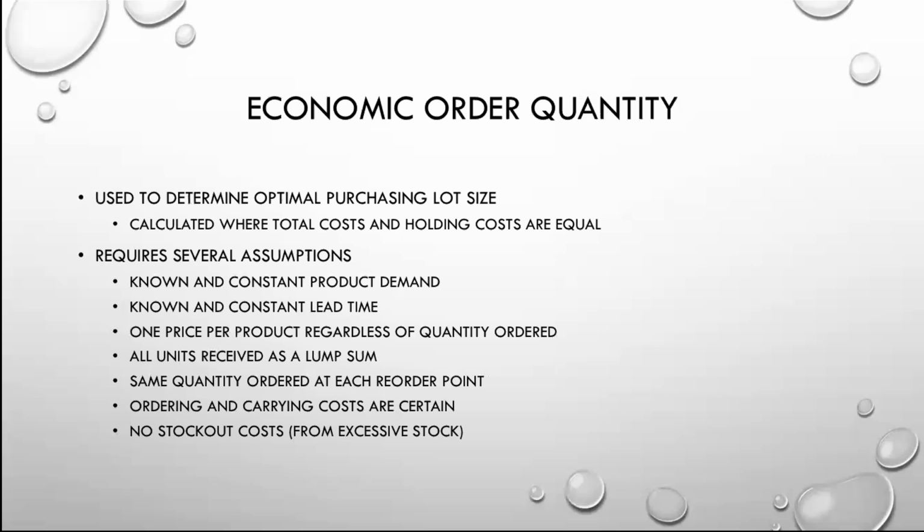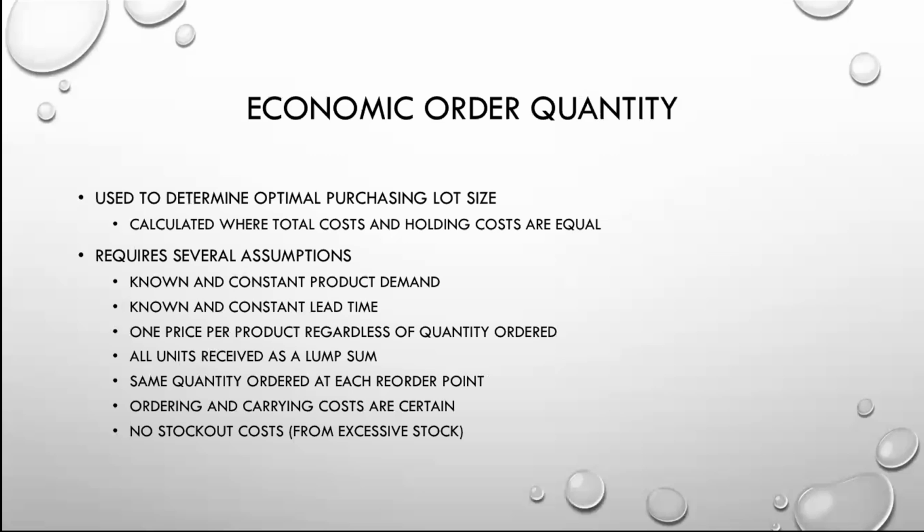So there's one price per product regardless of how many you order. If there's multiple price points, you're going to have to change the way you do your equation. Takes a little bit of algebra. I've seen over the years people make spreadsheets that do this. Just realize that the EOQ takes into consideration one price per product, regardless of the quantity ordered, because we're dealing with ordering costs and holding costs. So if your ordering cost changes, your graph is going to shift right upon the ordering costs.